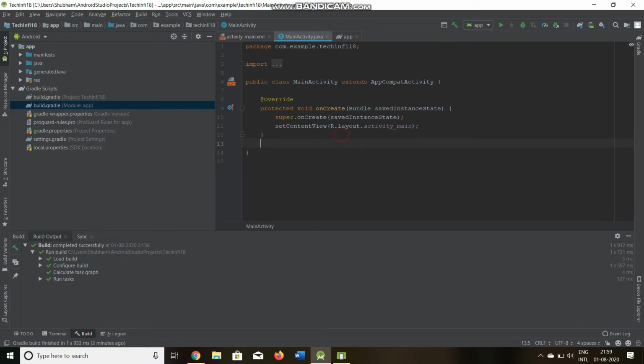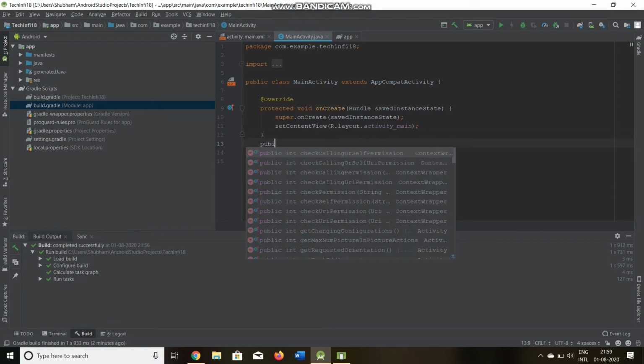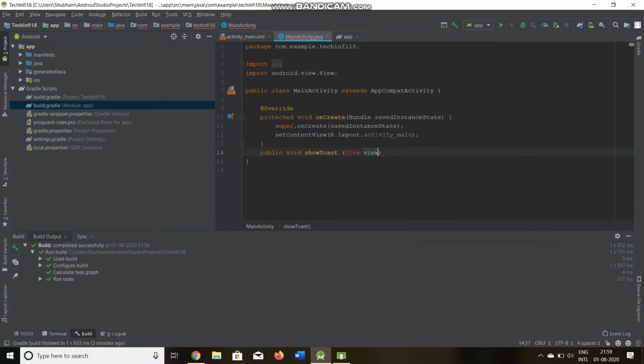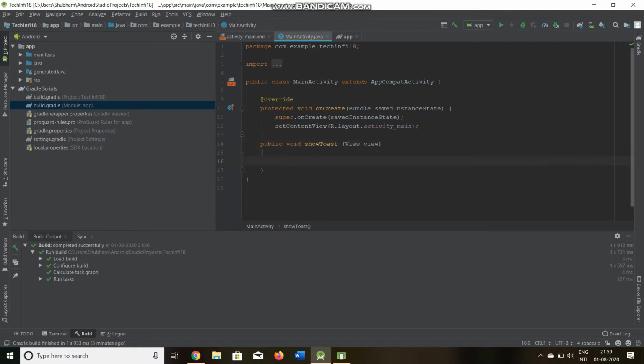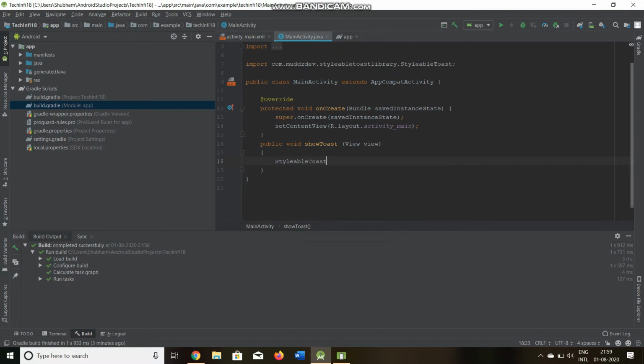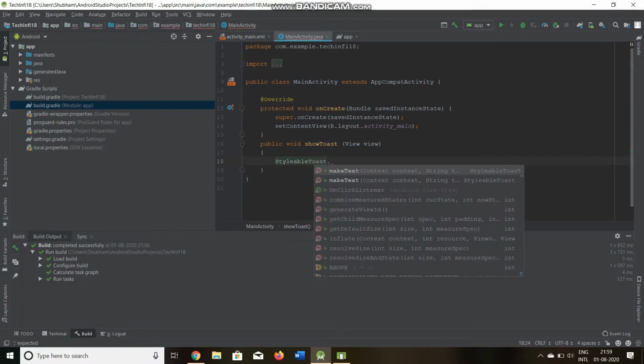So, using here the styleable toast, as we have included that library, so the rest of the format will be the